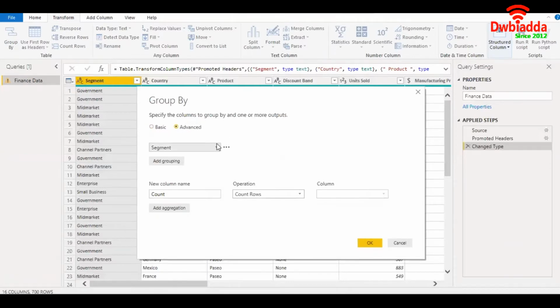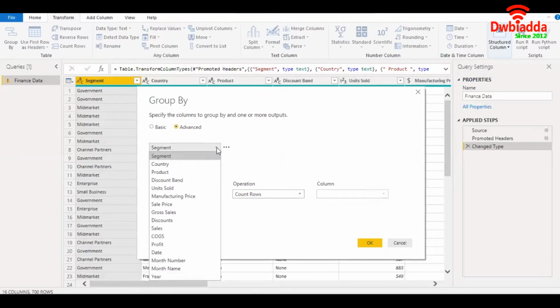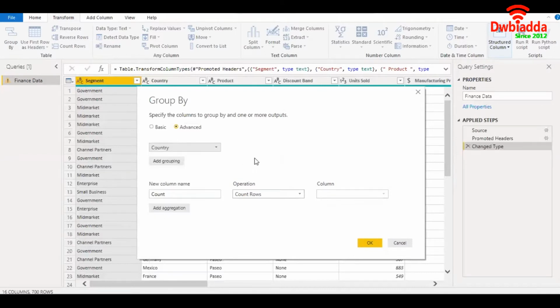So it is giving me an option to select a column. So let's say we select a column. Let's select country. And the column that we selected over here, it will allow us to perform certain operations on the data. And the data is going to get aggregated by the column we have selected over here, which is country. Now what all operations does it allow us to perform? So I'll jump into that. So I'm going to show you that. So it's sum, average, median, minimum, maximum, count rows, count distinct rows, and all rows. So in this video, I'm going to show you the ones that are commonly used.